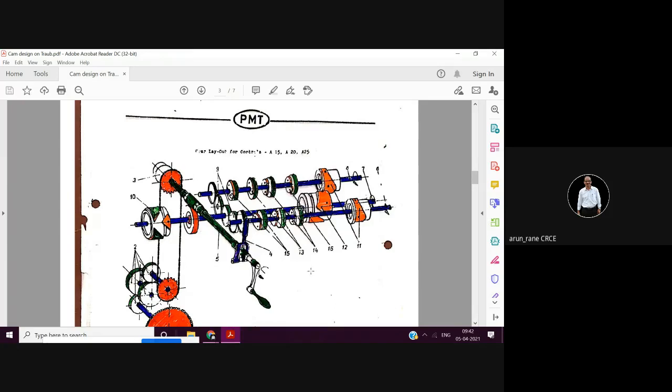Right. Now there are three disc cams. Out of which this disc cam is connected to the vertical slide and this cam is connected to the cross slide. So as this disc cam rotates, as the roller is attached, the vertical slide will move radially in and out. Similarly, as the shaft rotates, this disc cam will also rotate and your front cross slide will also move in and out.